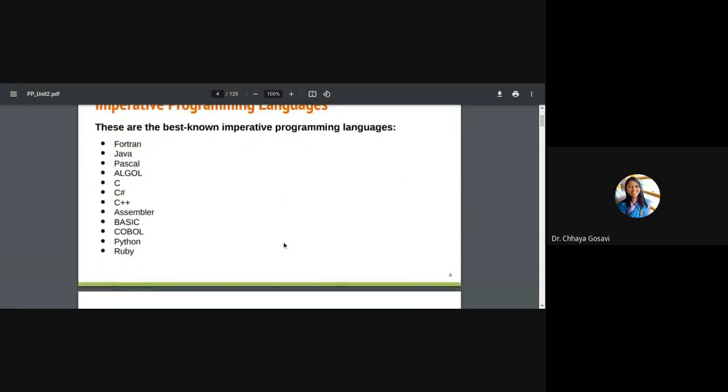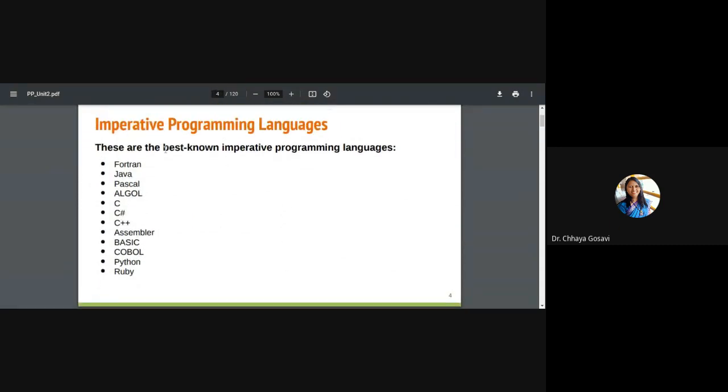These are various imperative programming languages, the well-known or best-known imperative languages. Fortran was the oldest language. It is a short form for formula translation. Your parents, if they have studied computers, might be familiar with Fortran. We have seen Java in first year.